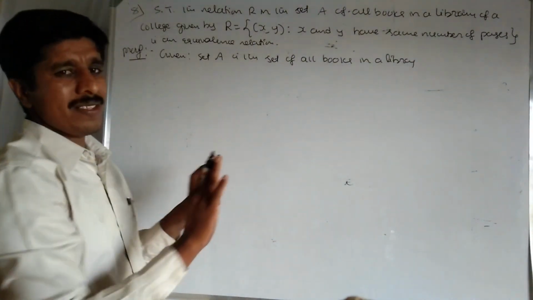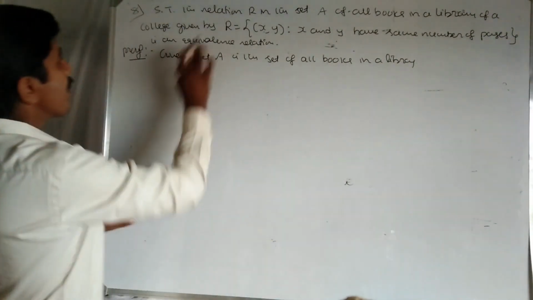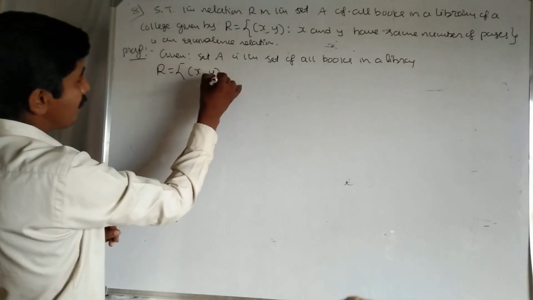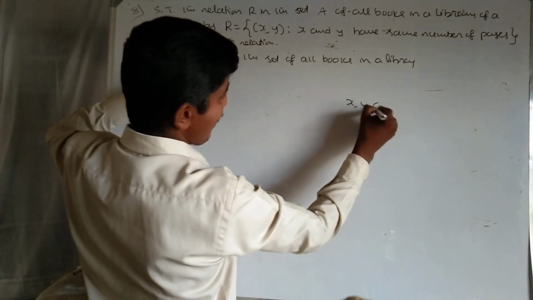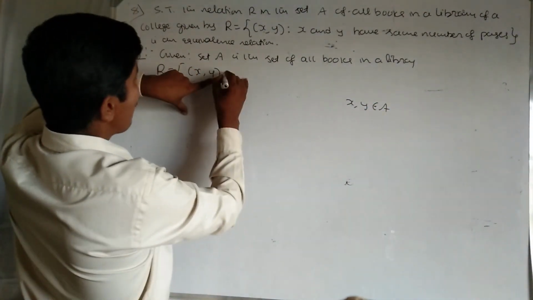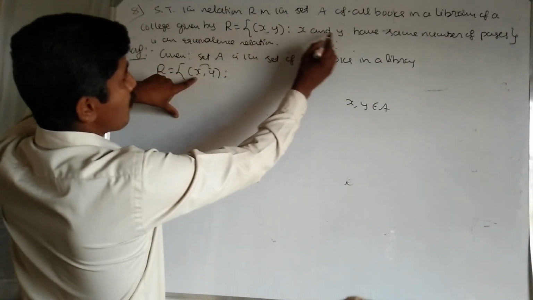A means not persons, not elements. Set of all books in a library. R equal to {(x, y)} such that both x and y belong to set A. Both x and y belong to set A means x and y are books. That's it. What is the relation between the first and second book? Both books have the same number